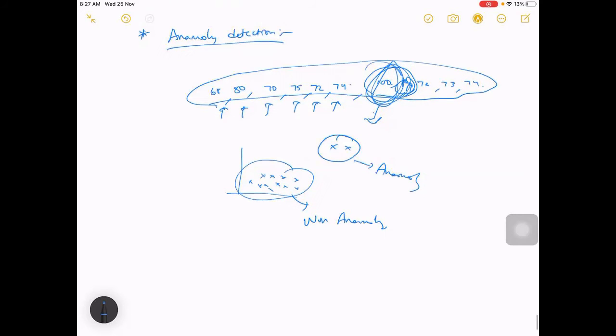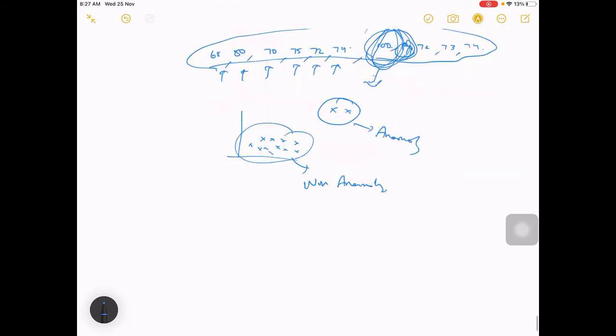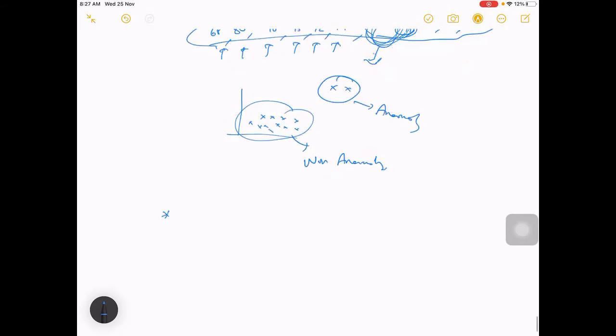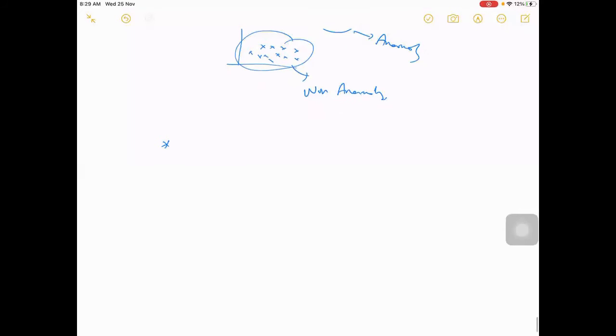So let me tell you a use case on this. One use case can be identifying abnormal data points. Taking this, let's try to use this kind of method in one use case.